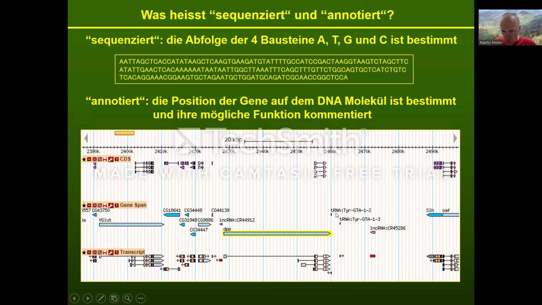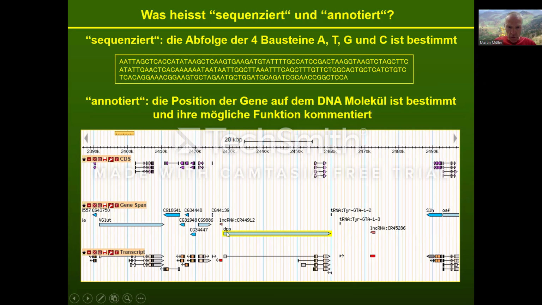Here, for example, there is a tRNA gene, which is transcribed here in the other direction, another tRNA gene here. There is a long non-coding RNA, so a gene which is not encoding a protein. A long non-coding RNA is here. Then you have many other genes on this side. If they are starting with CG18641, for example, this is a computed gene number